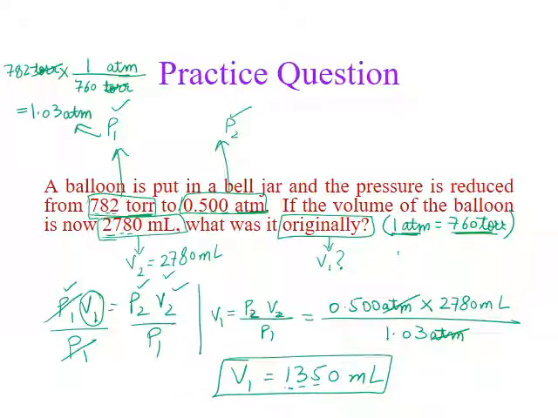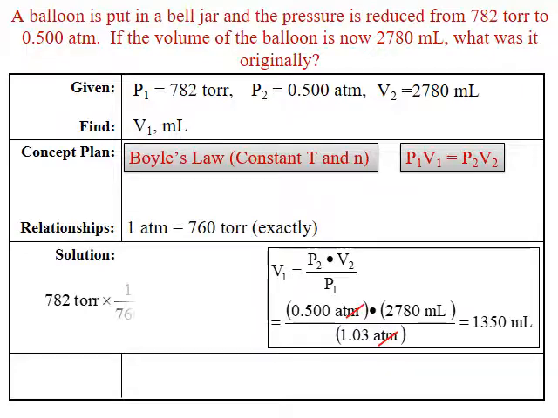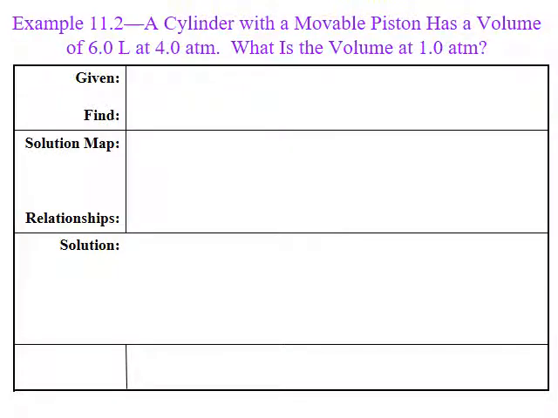You can also cross check your answer. How? What are we doing to the pressure here? Initially the pressure was 1 ATM and it was finally reduced. If the pressure was reduced, the volume must have increased. So the original volume would have been lesser. You can see the original volume is lesser than the final volume, which means we are probably on the right track. The solution for you is also given in the slides. Look through those solutions. Let's try the next question.